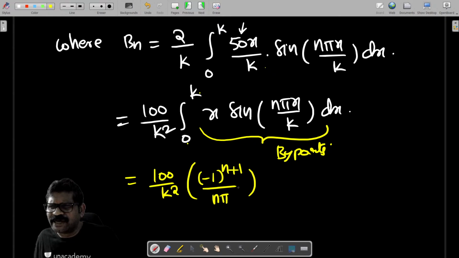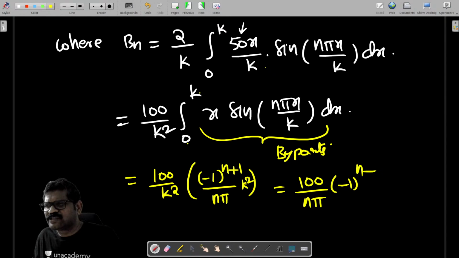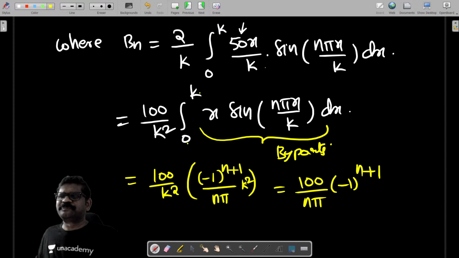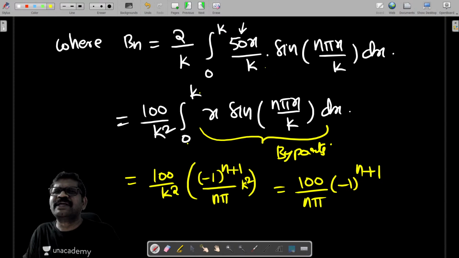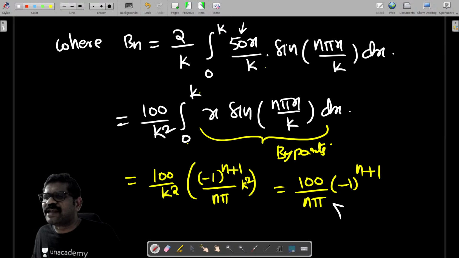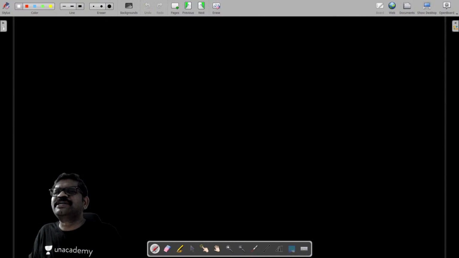Understood? Into k square it also will come. K square are under cancellation. You will get 100 by n pi into (minus 1)^n plus 1. Now what we have to do? Substituting this value, substituting the value of bn